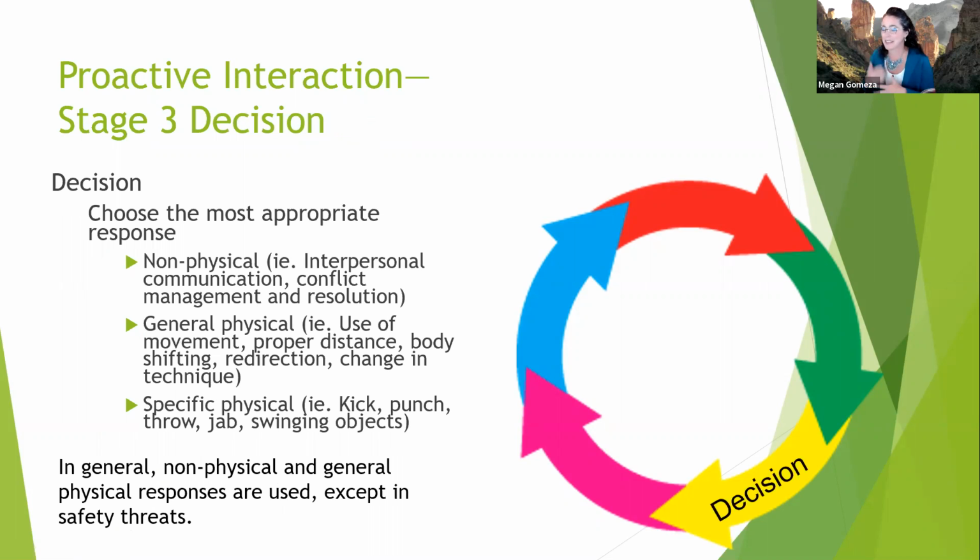So here's the decision, right? You have to choose the most appropriate response. It could be a non-physical response, so interpersonal communication: please, would you stop pounding the back of my seat? Conflict resolution or management. General physical: I could have shifted my body around to the back and controlled, put the child in more control. Or a specific physical response, like a block, or if